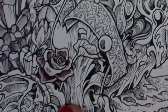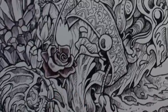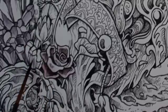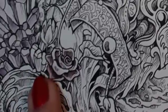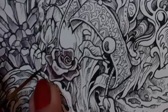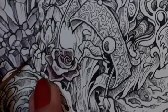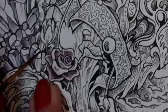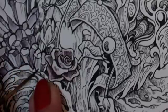So we've got a highlight on our rose. I found another crystal there. I didn't see these crystals. So again, go back to number 3. So start where it's darkest. Well, under there is going to be the darkest. Then this one might be dark. Then we'll do this one, the top, the side,